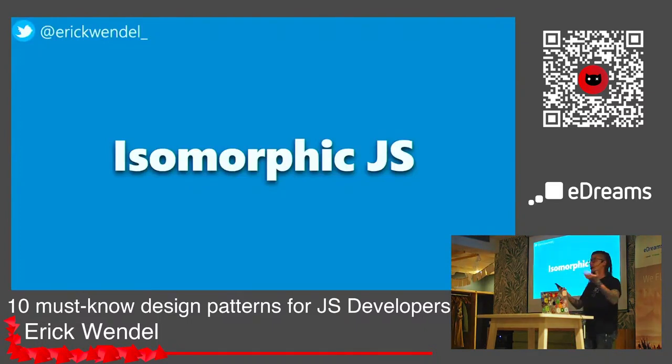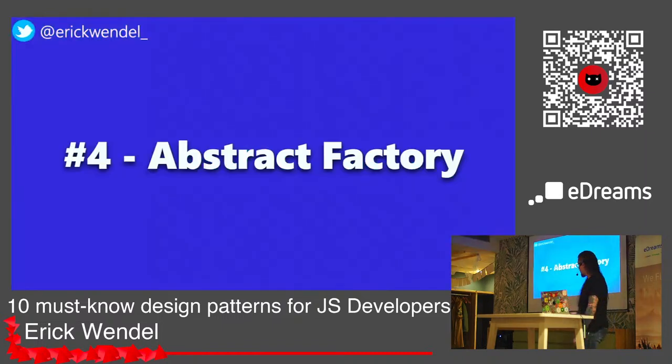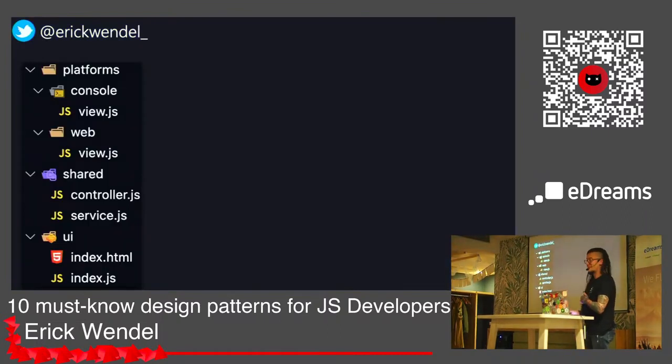it's a single language to rule them all, right? So we can use JavaScript in the browser, in Node.js, IoT devices, everywhere, even smartwatches, and we can just reuse this code everywhere. So this is pretty nice. So I'm gonna show you the abstract factory, which is one of the best patterns for me for creating UIs, even though I'm a backend developer, right?